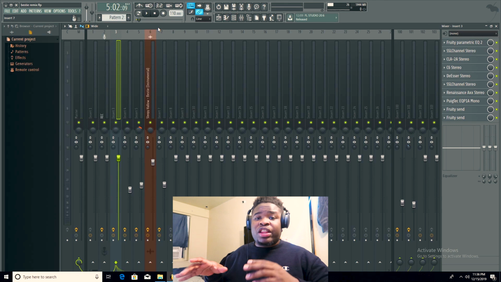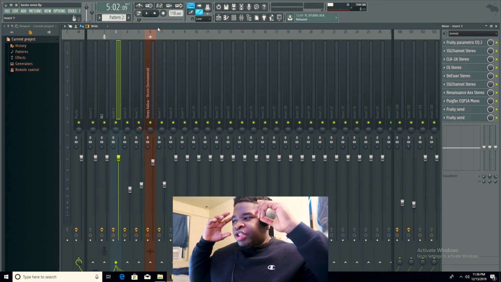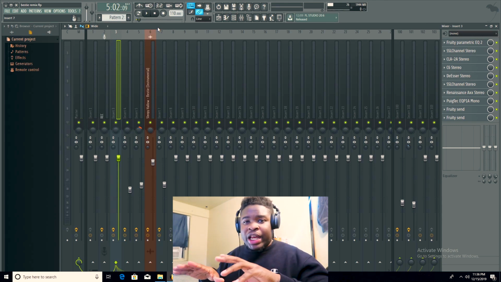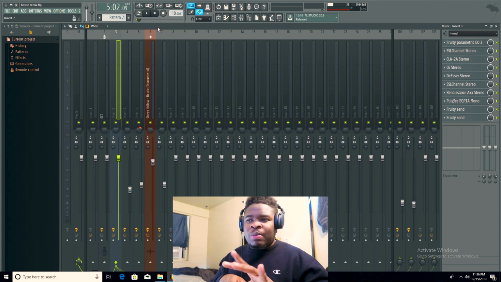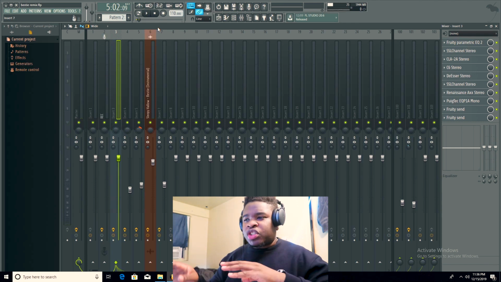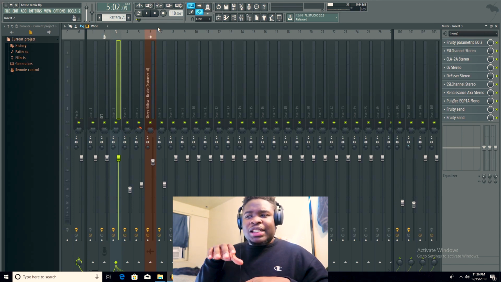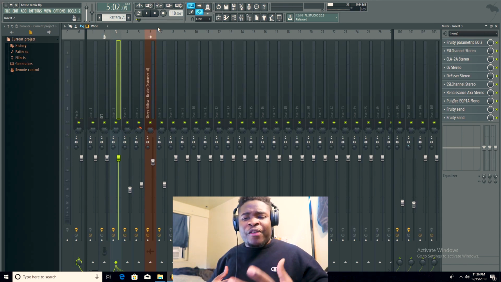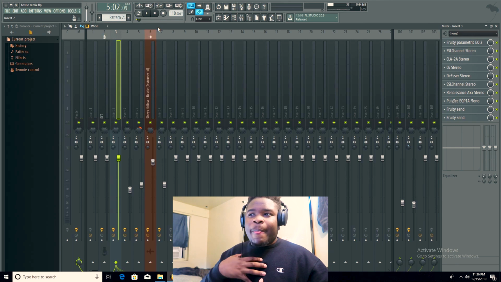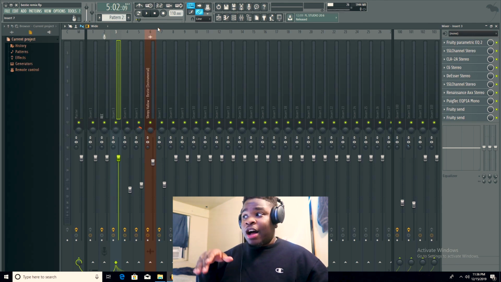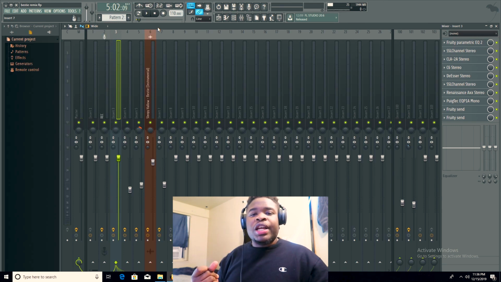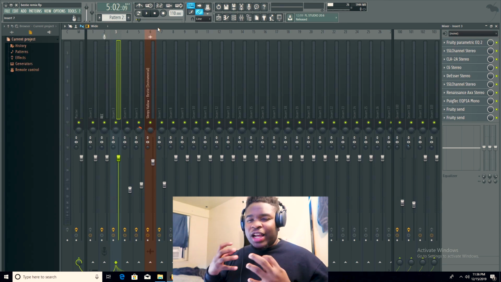That right there is the vocal chain, how I'm strategically planning out each plugin and what to do with it, and making sure my vocals are at the right levels with the song. And to really achieve that Sleepy Hollow effect, the performance aspect of the recording process has to be on point.